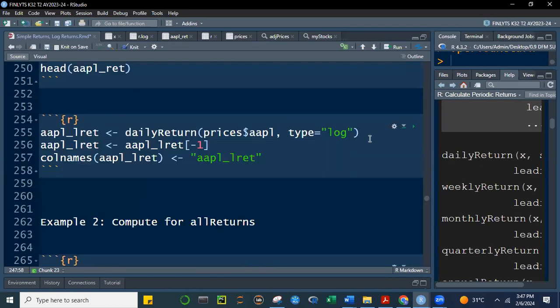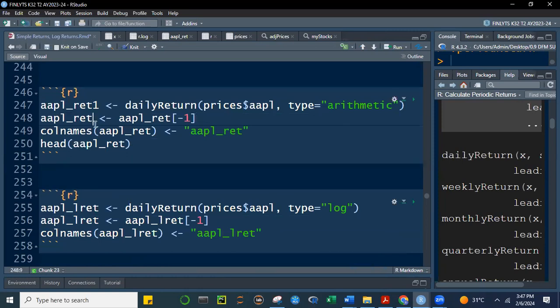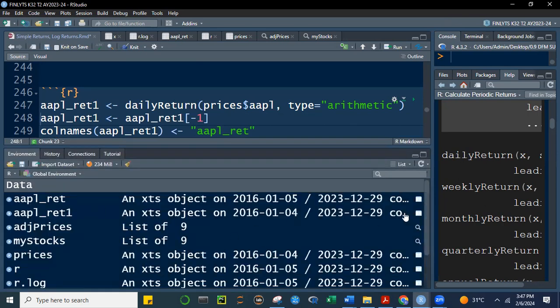So if I run this, what did I use a while ago? 1, so this should be 1. Call the names AppleRet1, and just give the first 6 observations. That's the default already, 6. Let me run this first. We now have AppleRet1, and if I print AppleRet1,